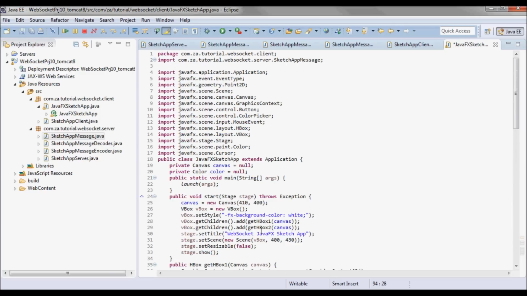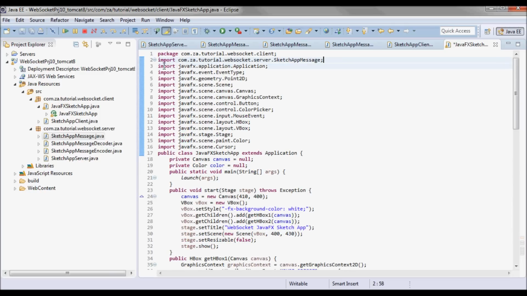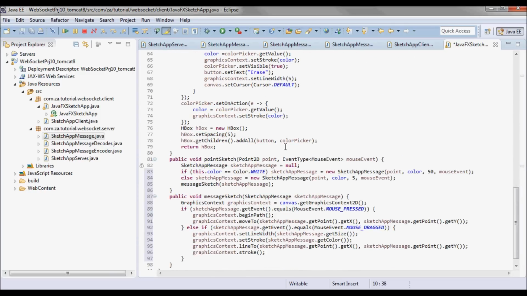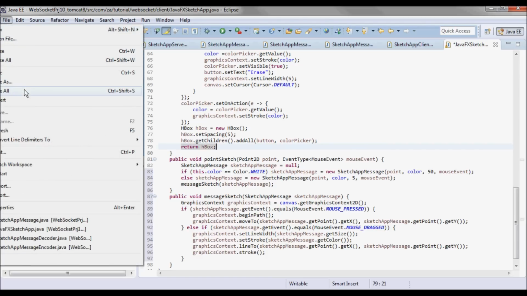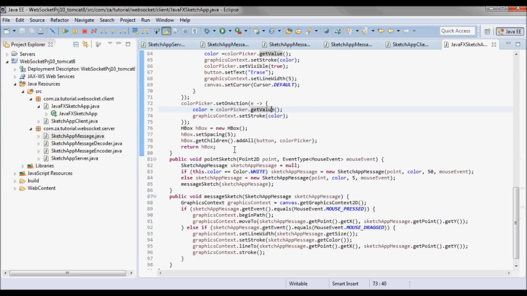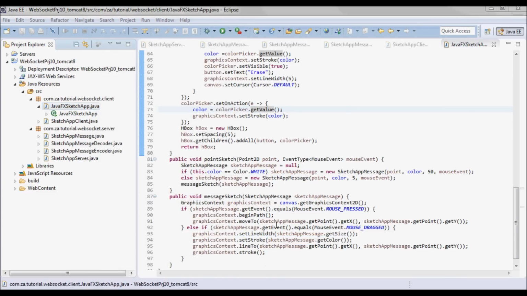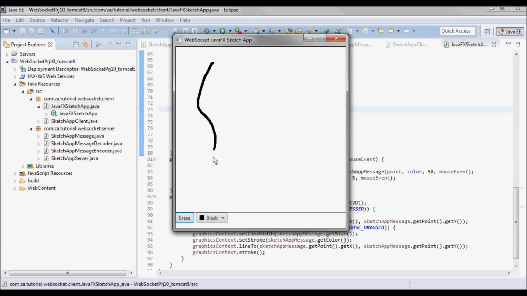So let me go ahead and test this as just a client running without communicating with the server, which I'll be adding shortly. Okay, let's see.